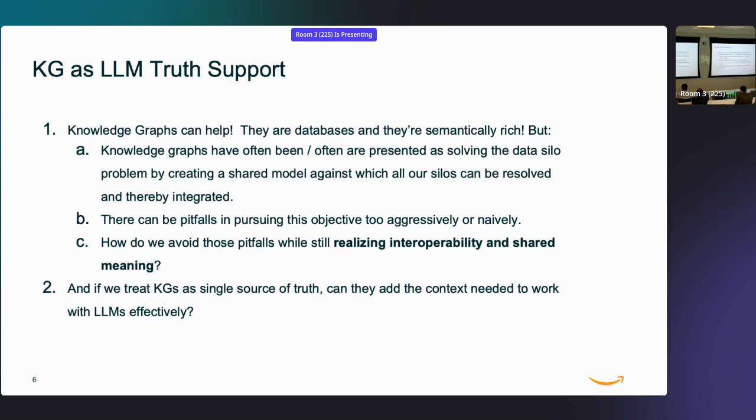And we'll dedicate a bit of the conversation to looking at the actual ways that you can deploy these that aren't too aggressive and not too naive, so that you can actually impact your business and gain buy-in for deployment within your organizations. And then also some specific semantic web approaches for helping with the interoperability issue.